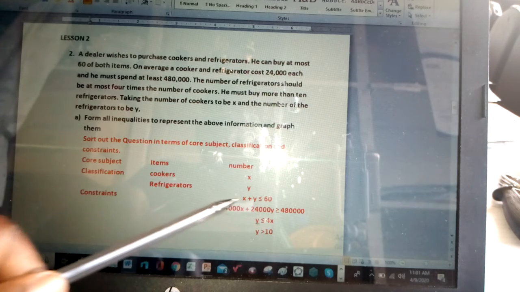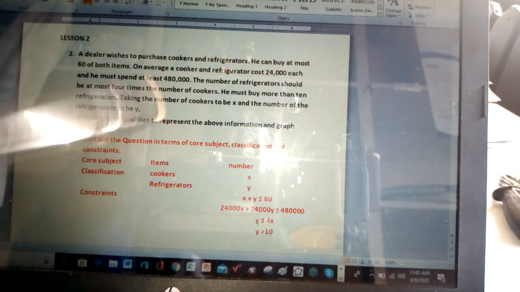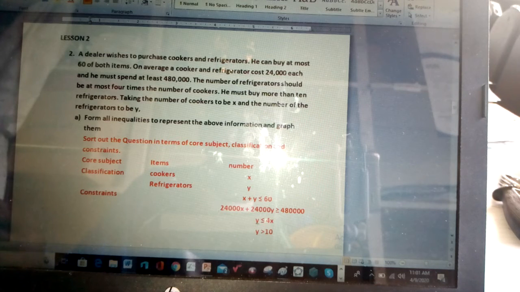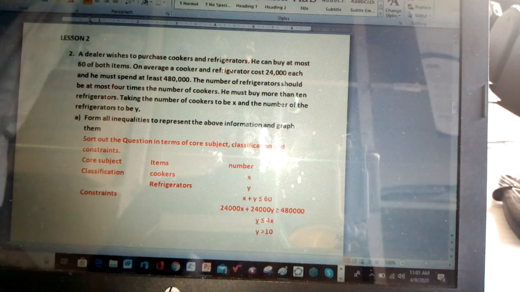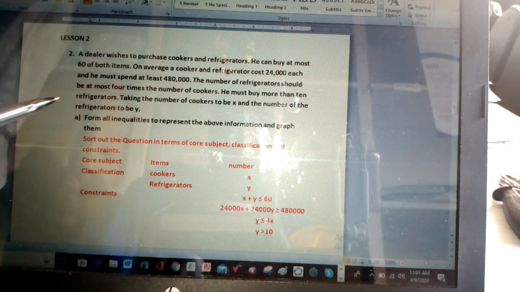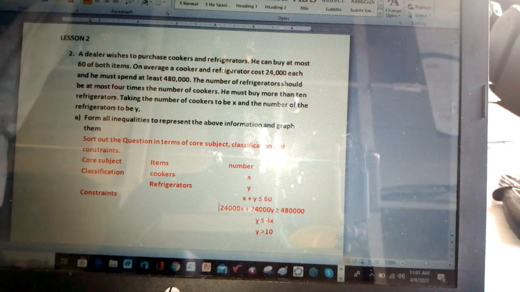So whatever he is going to buy must cost at least 480,000. See. Then we come to the number of refrigerators should be at most 4 times the number of